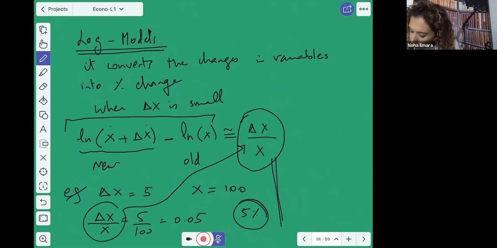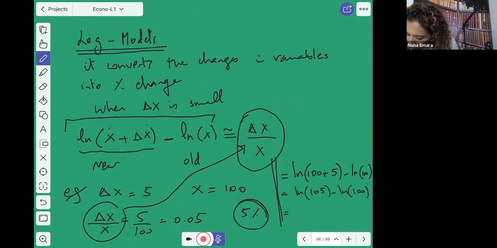So I can repeat this by saying it has to be equal to log of 100 plus the change minus the original value of 100, right? So that means it has to be the same as natural log 105 minus the natural log of 100. And if you plug it into your calculator,